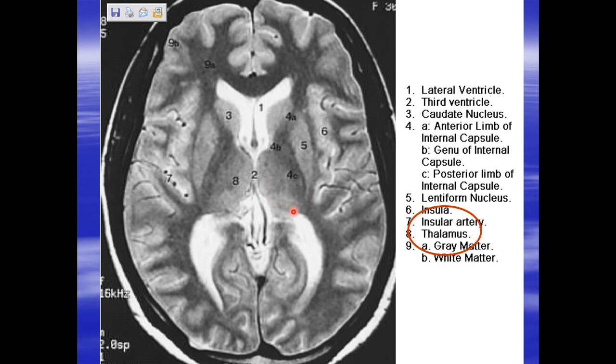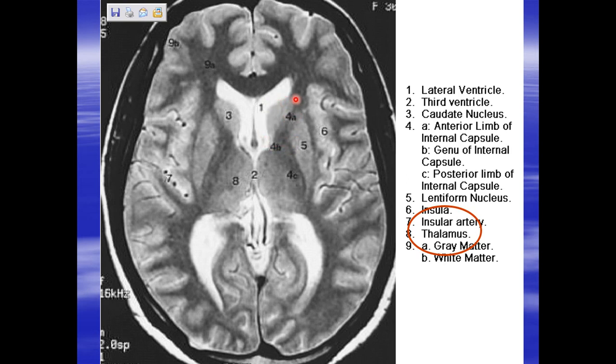The posterior round aspect of the thalamus is called what? What do we call the posterior aspect of the thalamus? Let's wait for some answers. The posterior aspect of the thalamus is called pulvinar. Exactly. The posterior aspect of the rounded part of the thalamus is called the pulvinar, and you can see,